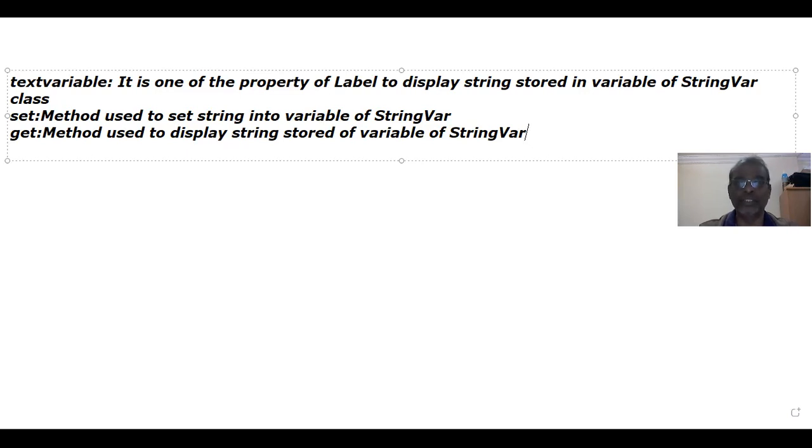Set is used to set a different string into the string variable. That string variable should be assigned to text variable. That text variable is one of the properties of label. Instead of giving text, we must use text variable while creating the label. So now we will see one program which can clearly explain text variable, set and get as well as the StringVar class.